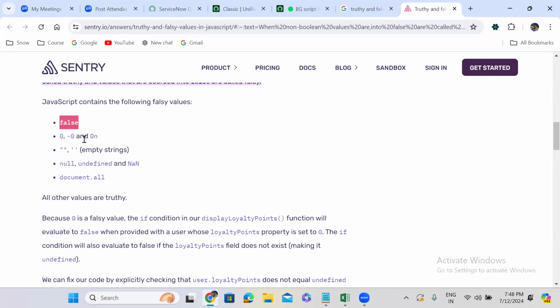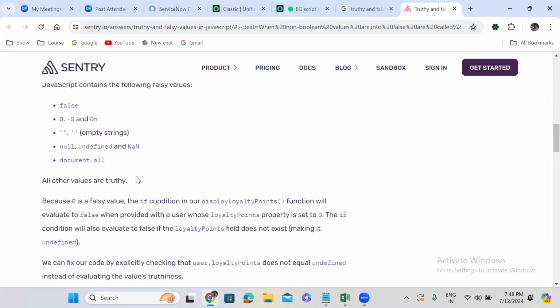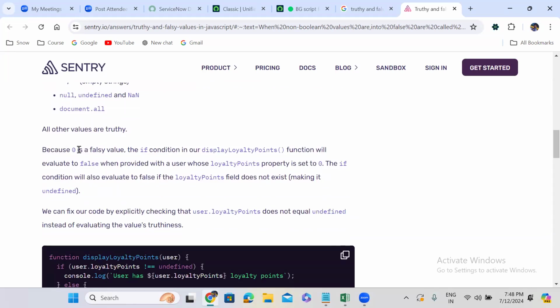False, 0, minus 0. What is this? Empty strings are actually false. Null, undefined, not a number. It is taken as false value. 0 is a false value. If condition or